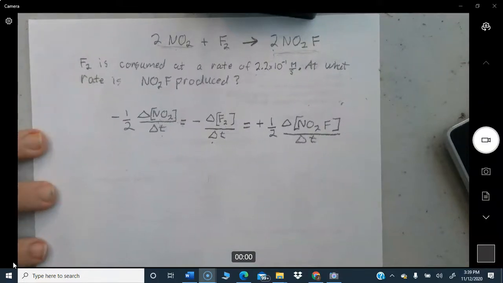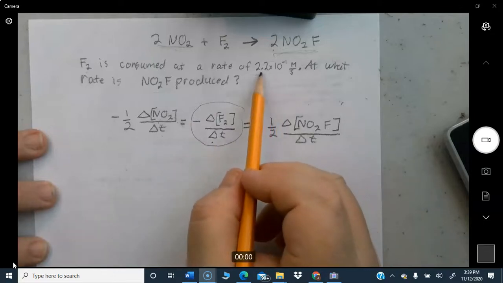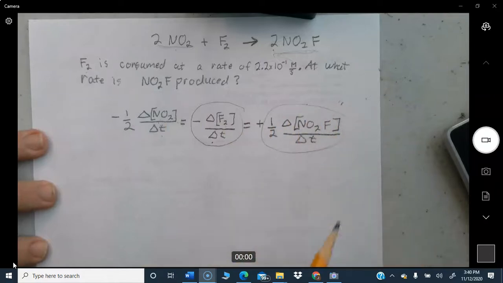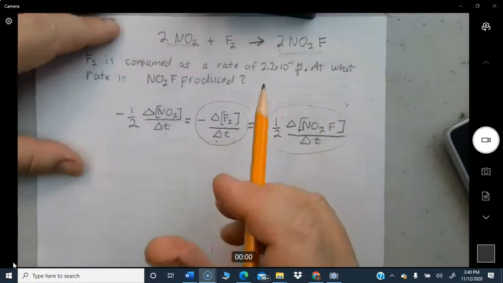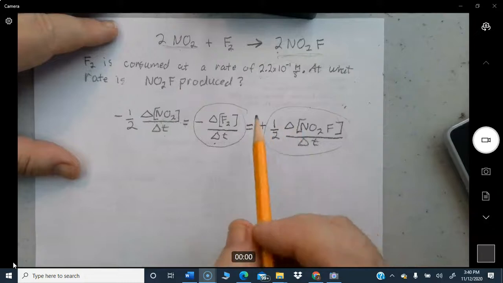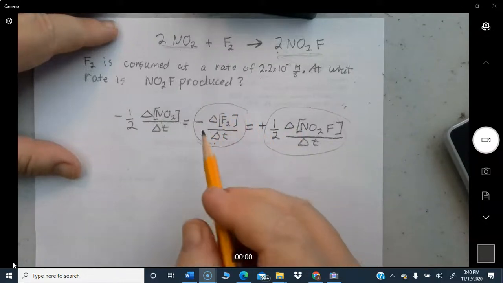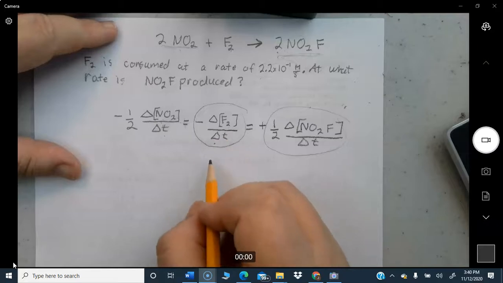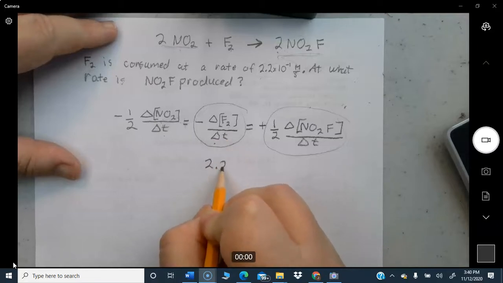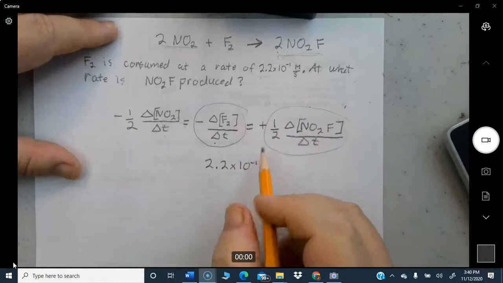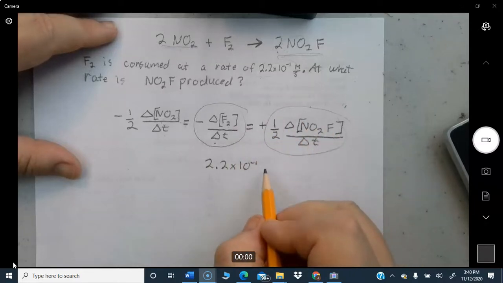So the only one we're interested in is F2. F2 is consumed at this rate, so we're interested in this, and we're interested in the production of this. So we're simply going to plug in the number. Okay, so this is consumed at this rate, and rates are always positive, so it's going to be 2.2 times 10 to the negative 1. I'm not going to put the units of measure here because they're both the same. And that equals